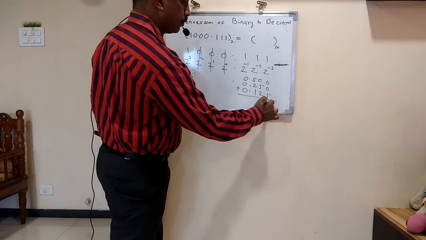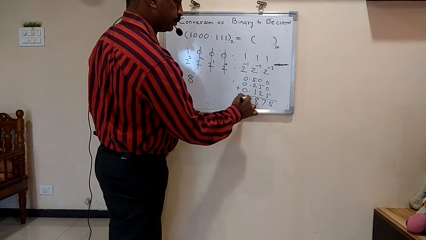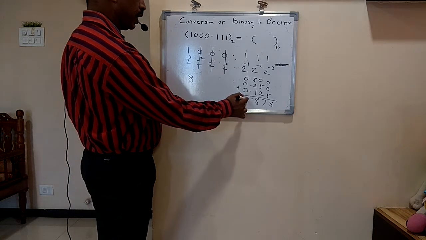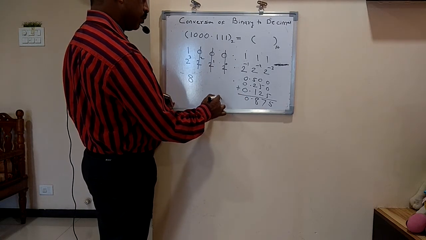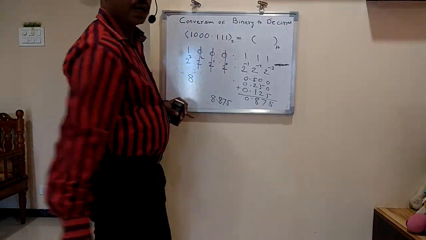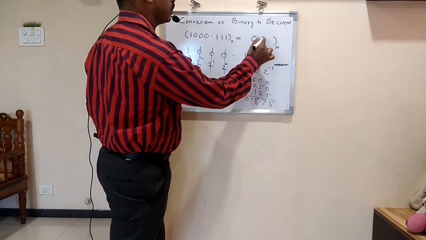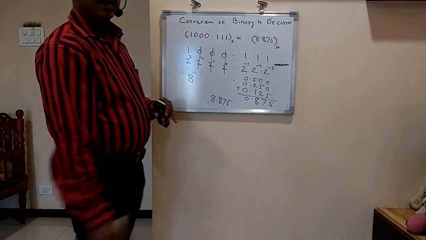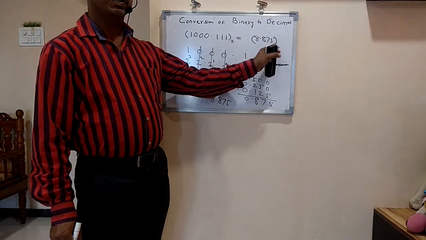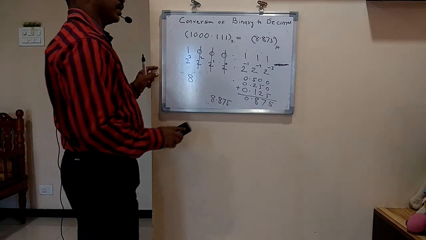So for addition, we take simple addition. 0 plus 0 plus 5, 5. 5 plus 2, 7. 5 plus 2 plus 1, 8. And finally we add these two numbers. This number is 8. If we add here, the final answer is 8.875. So this is the simple conversion of this binary number into its decimal equivalent. So these are the simple methods. By that method we can convert any binary number into its decimal equivalent. Now we take another example.